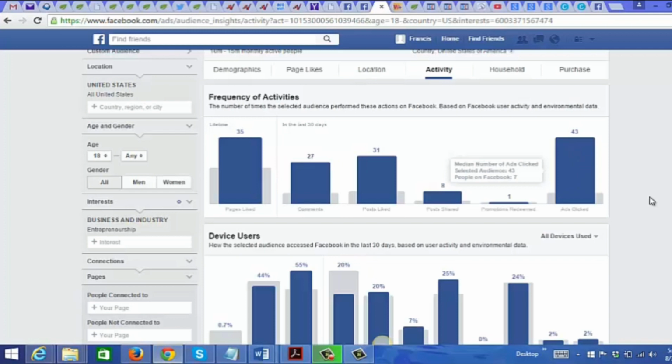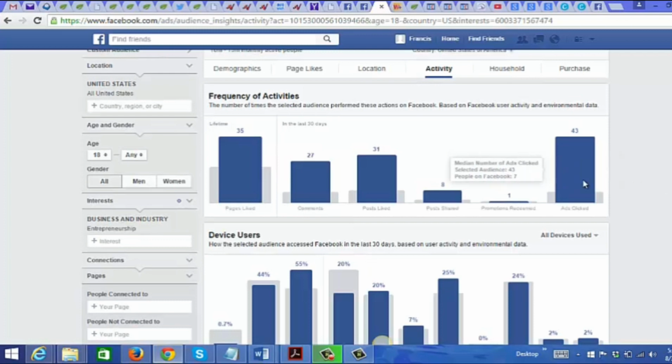Compared to other people on Facebook, in the gray shade here, and then your audience, the people interested in business, in the blue color, there's a great proportion of them compared to other people on Facebook that click on ads. So you know that these people do like to click on Facebook ads. Again, they like posts, and a lot more of them add comments compared to people outside of your target market.